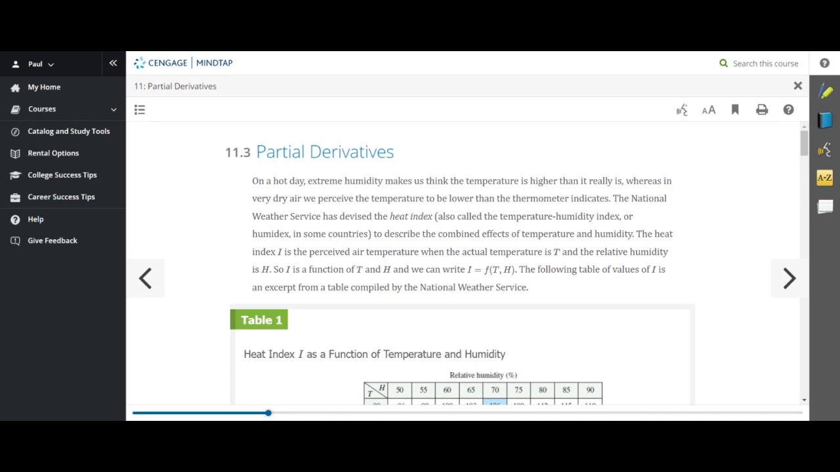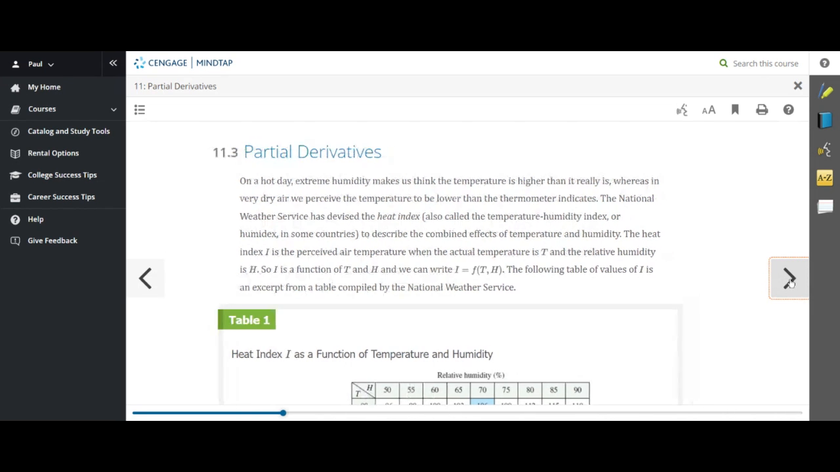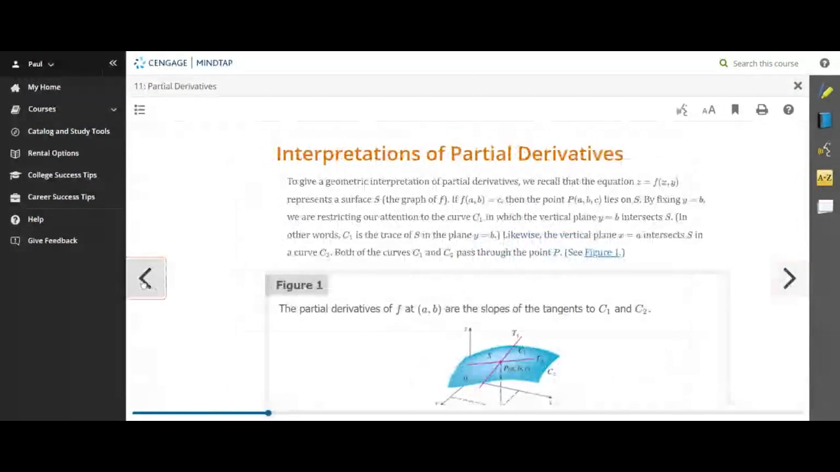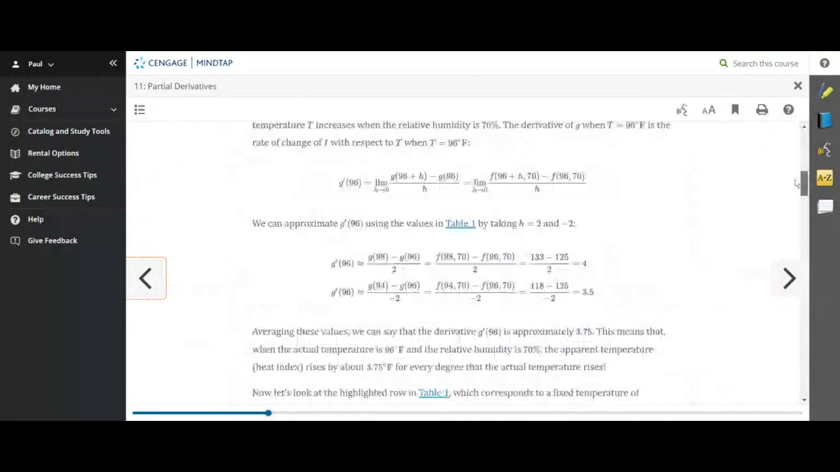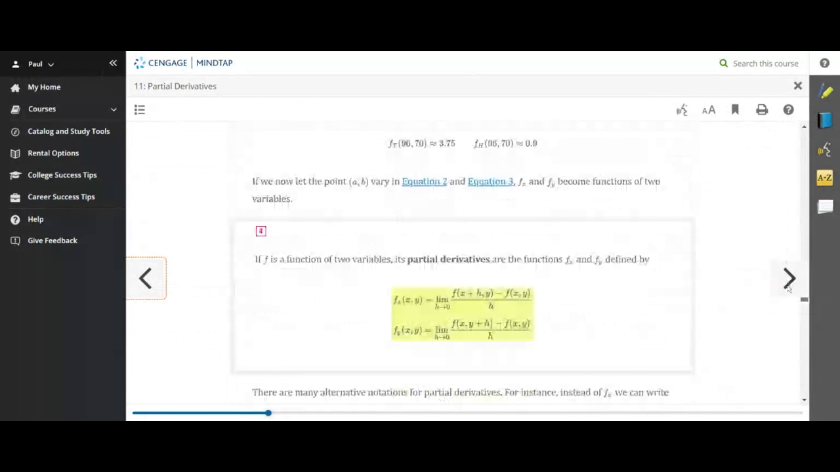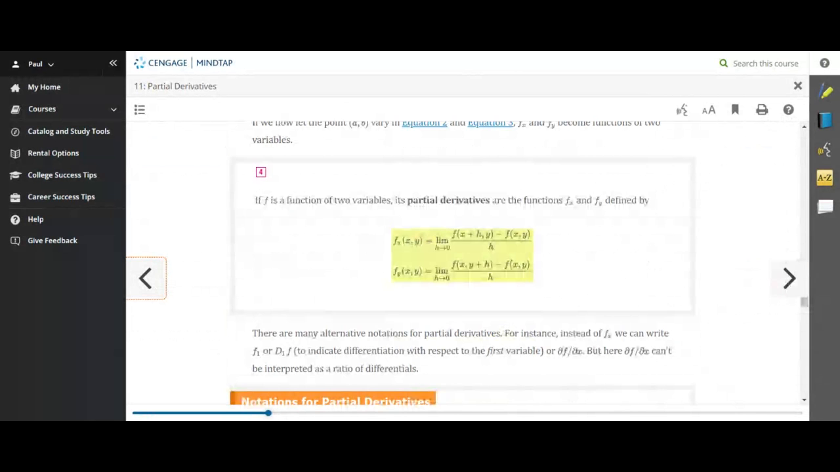So let me find the definition. Actually, this isn't it yet. Let me go here. I want to just get down to here. So we have partial derivatives. Partial derivatives. So